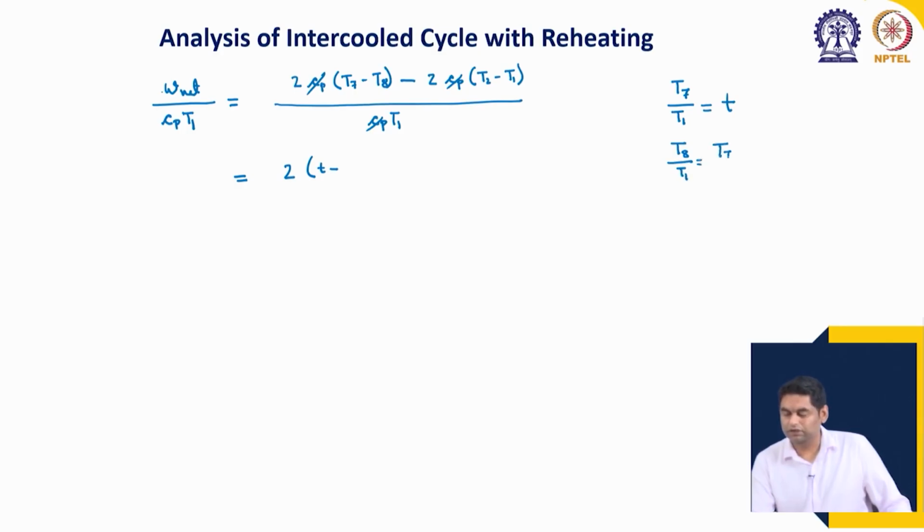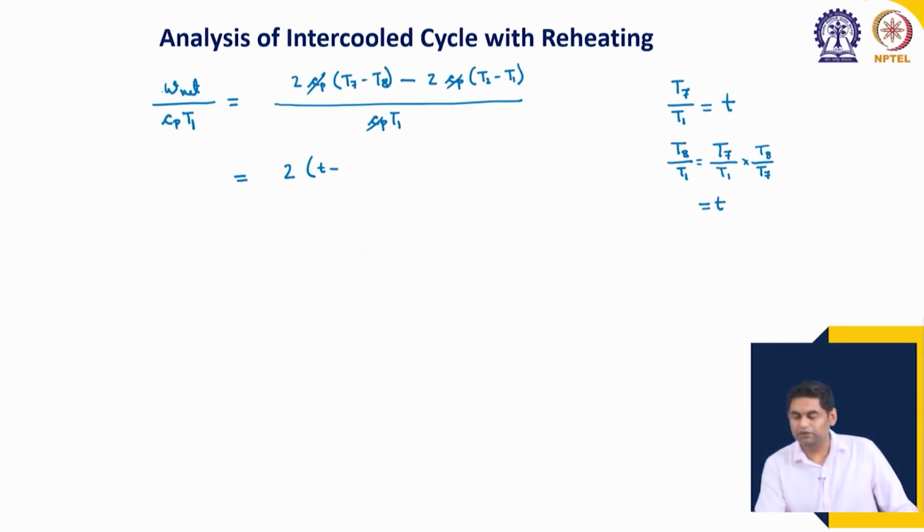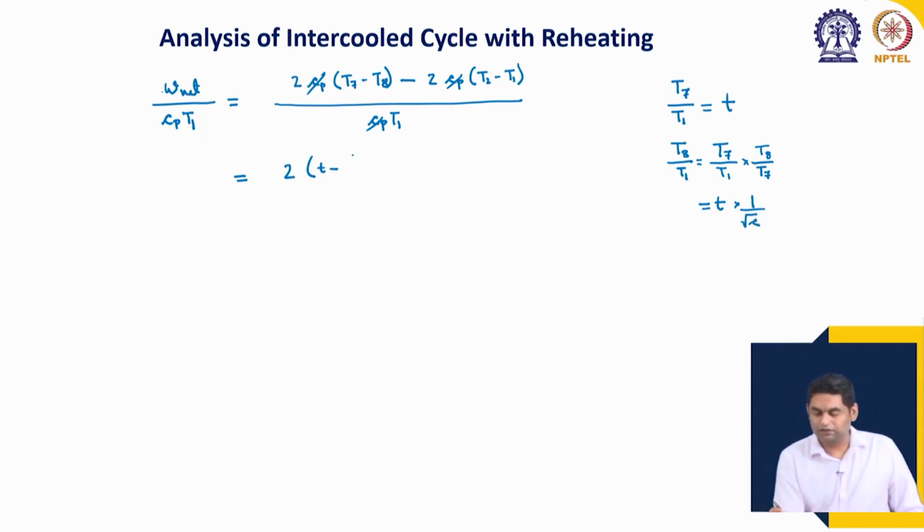T7 by T1 we have already established is equal to T. T7 by T8 is root r to the power gamma minus 1 by gamma, which means that this is equal to root c. So, T8 by T7 is 1 by root c. Okay. So, this will be T multiplied by 1 by root c. So, T minus T by root c